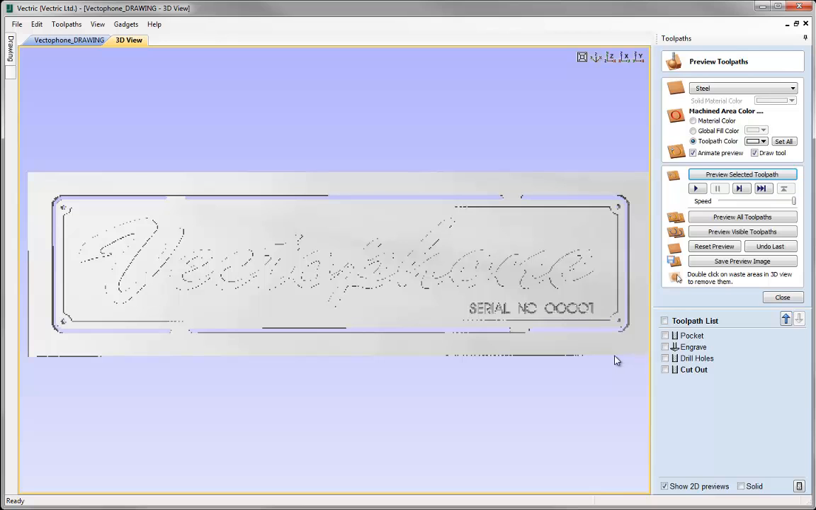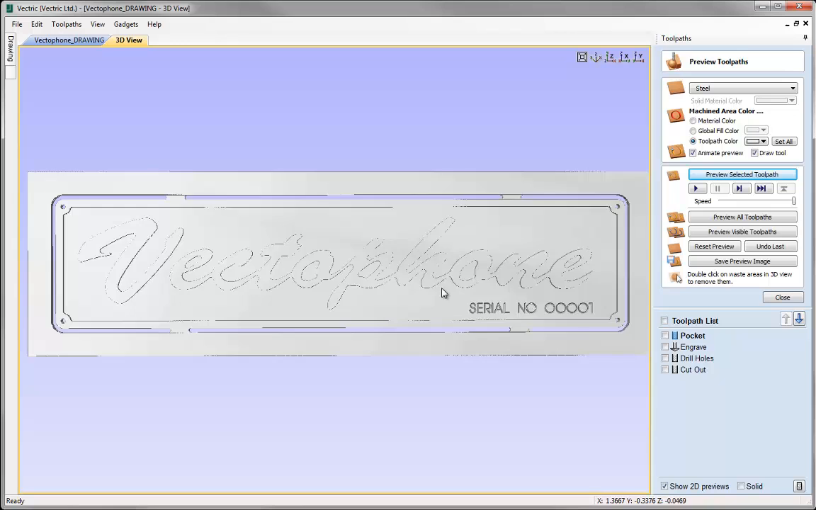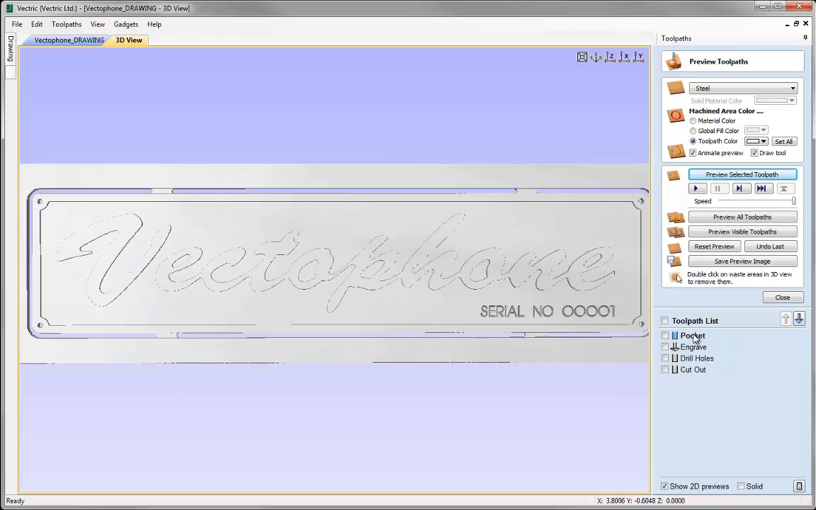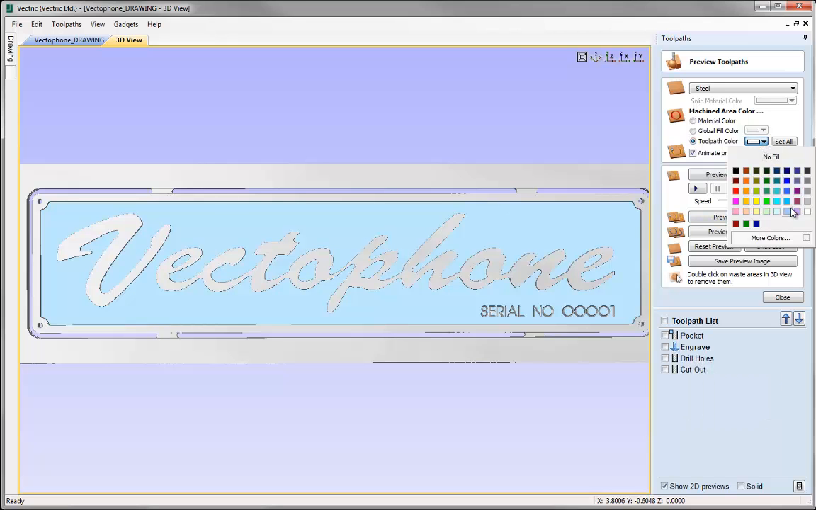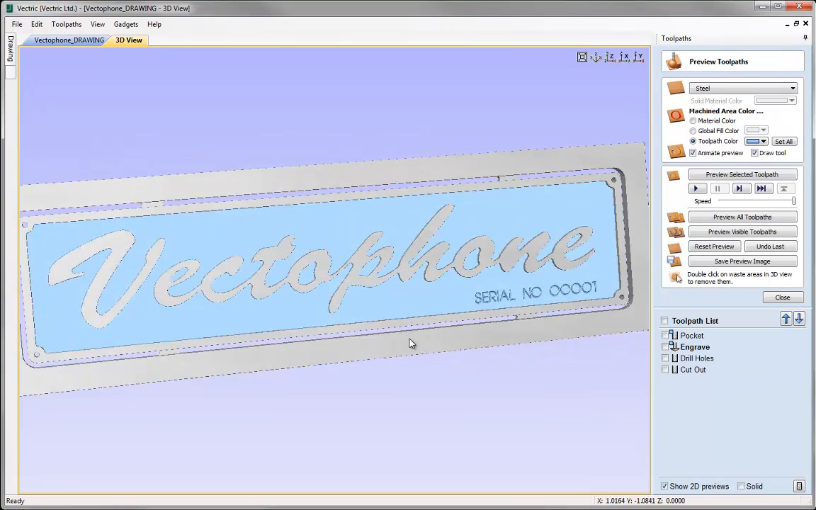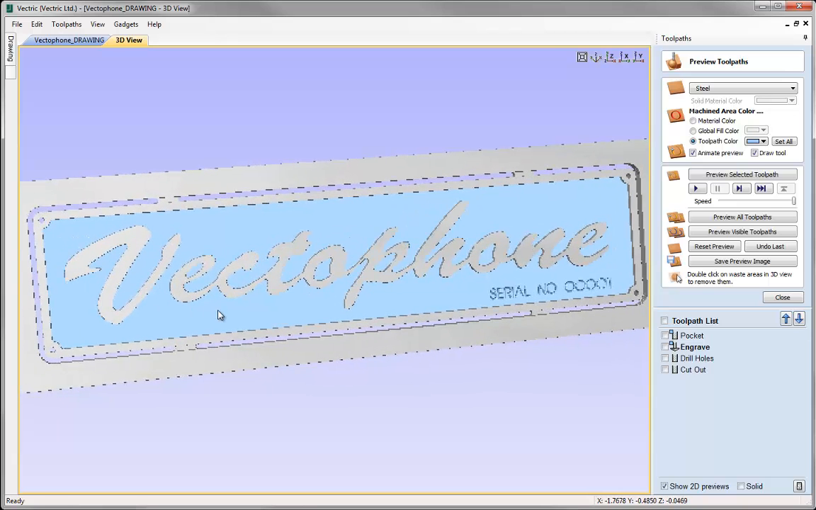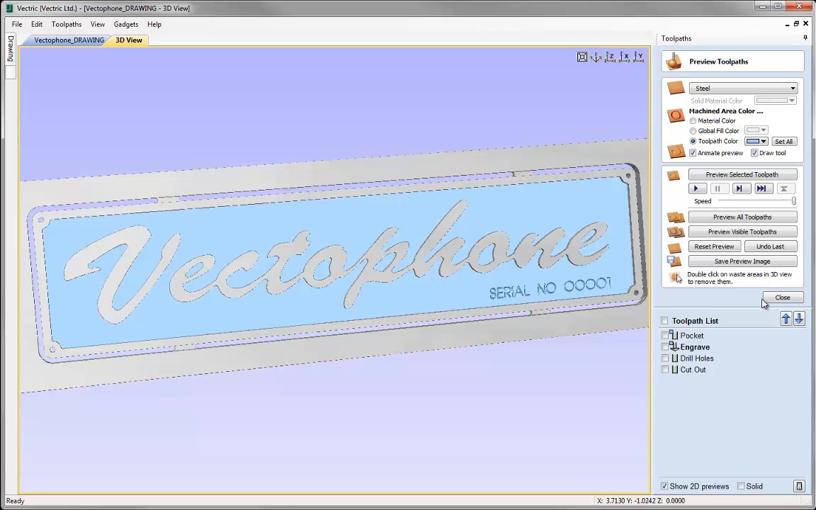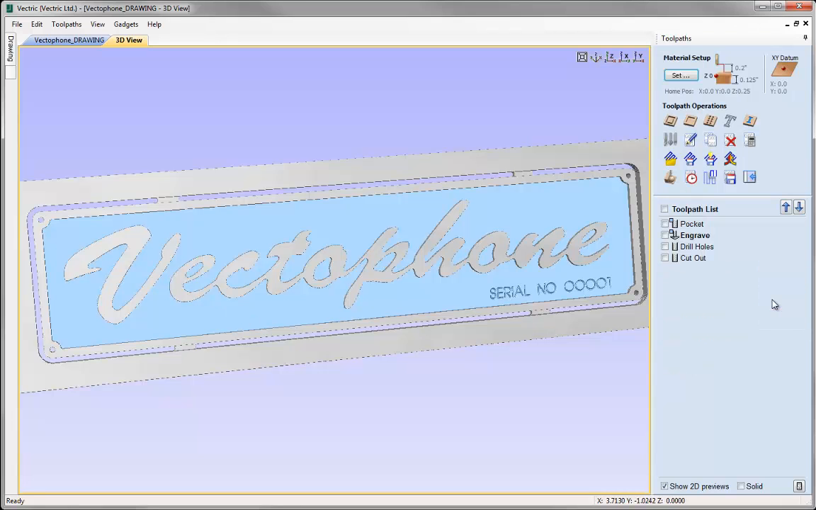Now we could actually even give this some colour, so we can define our regions better. So let's just go ahead and give the pocket a colour. So toolpath colour, I'm going to give that maybe that shade of blue, and I'm going to do that also for our engrave. So let's just select that, and I'm just going to leave it like that because that looks fine. At least it helps us to identify the regions that we've cut out better than all being the one colour. So now we've done that, all we need to do is press close on the preview toolpath form,